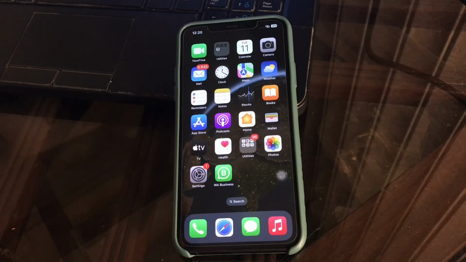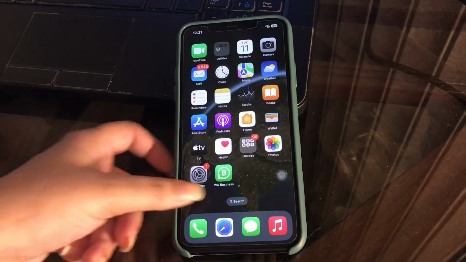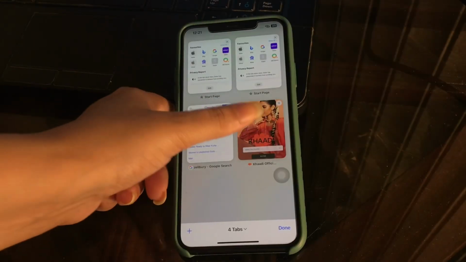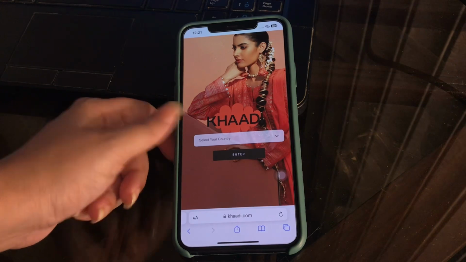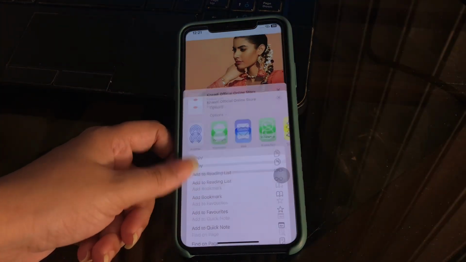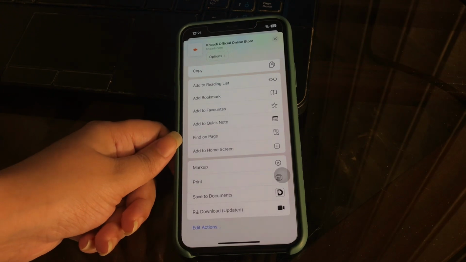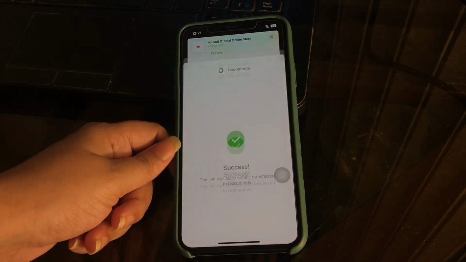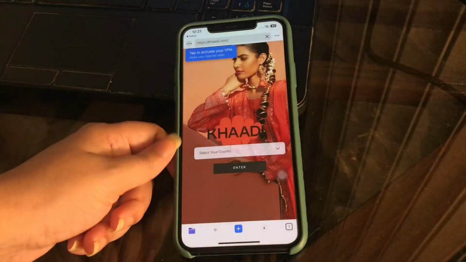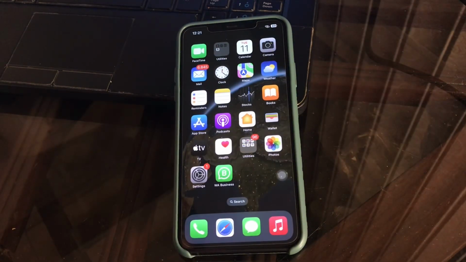And the next step is save any web page as a PDF in Safari. This tip could help out most users, especially students and developers who browse a lot for information on the internet. This works only if you use Safari. For this, open Safari on your iPhone and open any website. Now tap on the share icon, scroll down, and you can save it to your documents, and you are done. By doing this, the web page will be saved in the folder you had selected, and you can read it offline anytime you want.